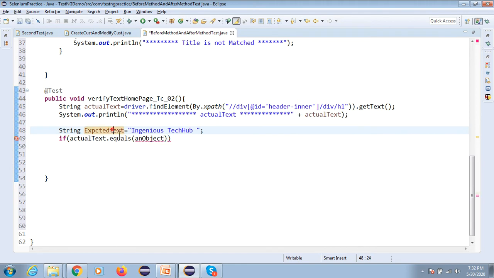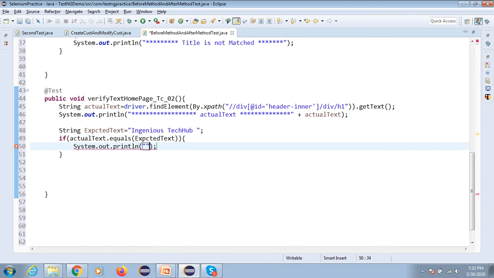Really, you will enjoy it, because here we can see actually what we are doing. I just want to print that the text matched. Else part, I will remove everything.